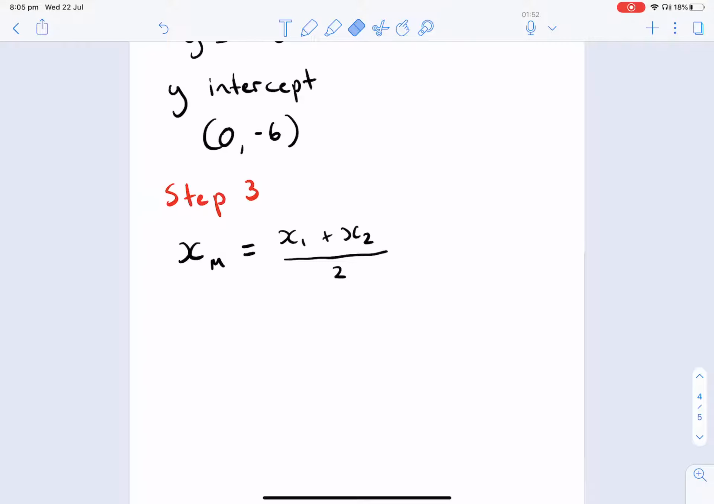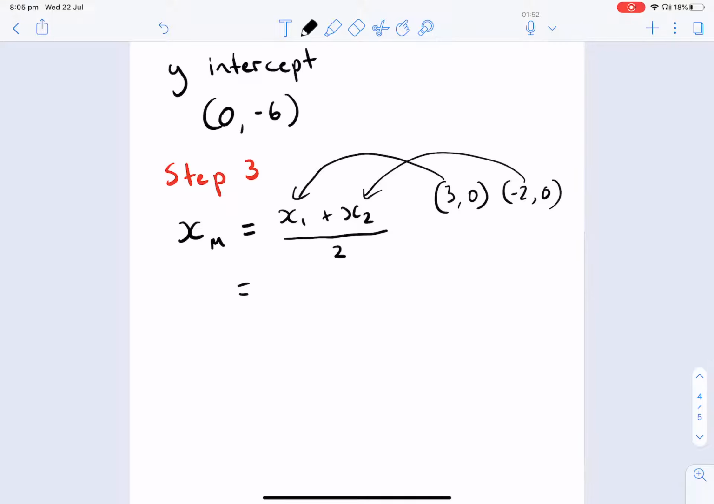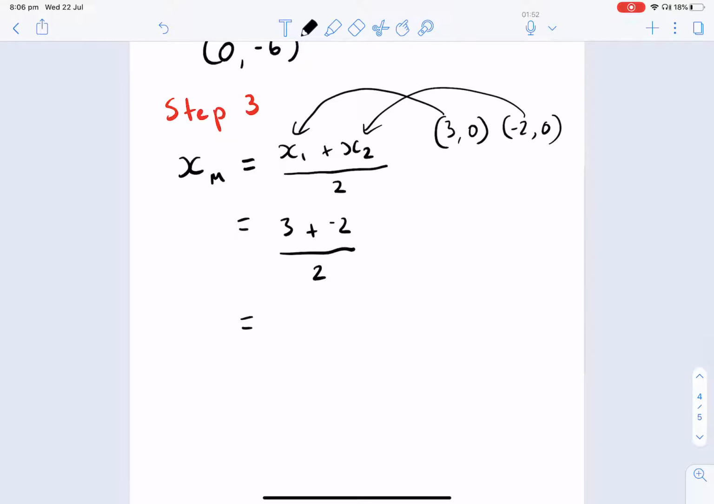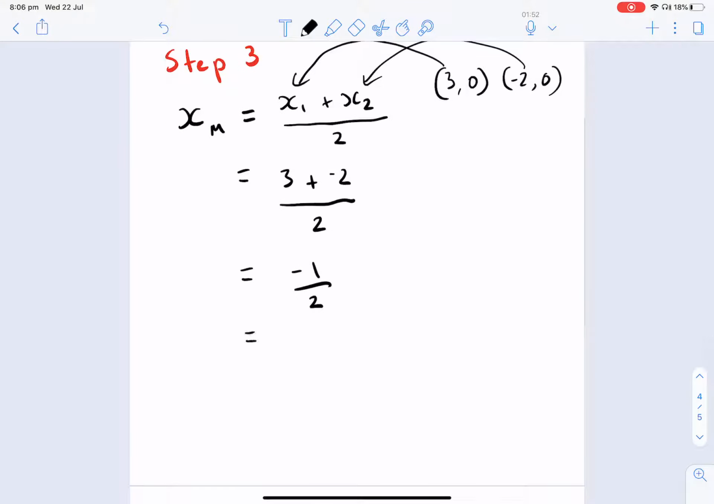So keeping in mind that our x coordinates were 3 and 0 and -2 and 0, we just sub those values in as x1 and x2. I'm going to sub that in there, I'm going to sub that in there. So that gives us 3 plus -2 divided by 2, which gives us -1 divided by 2, which gives us